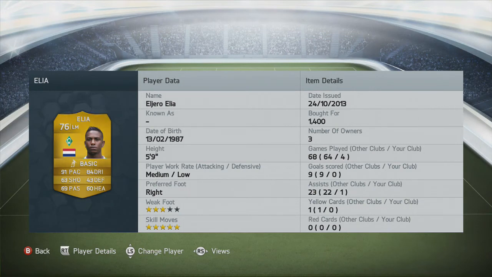Anyway, moving on to Elia, the 5-star skiller. He's an absolute beast. Buy him right now actually. 1.8k is the lowest, but I've got this one for max price on the market on the night, which gets cheaper in my opinion. And he's a great player though, because he's not very good at shooting, but